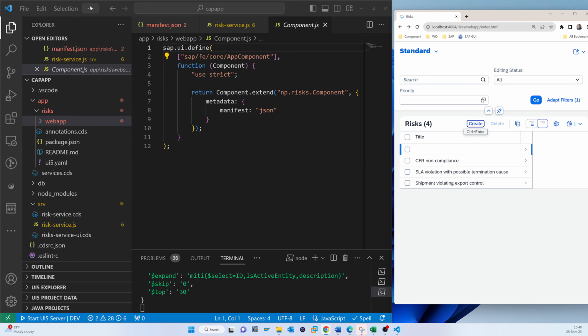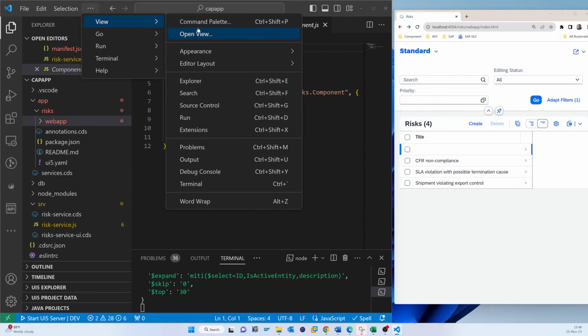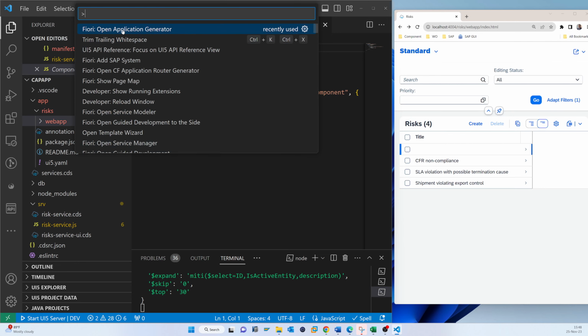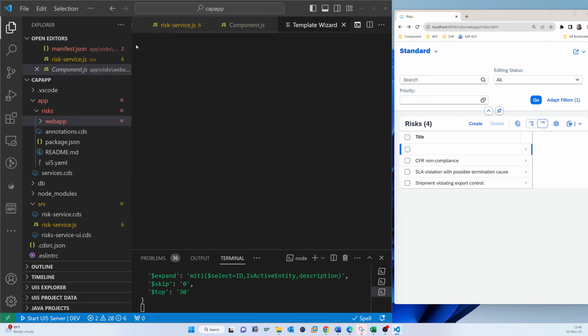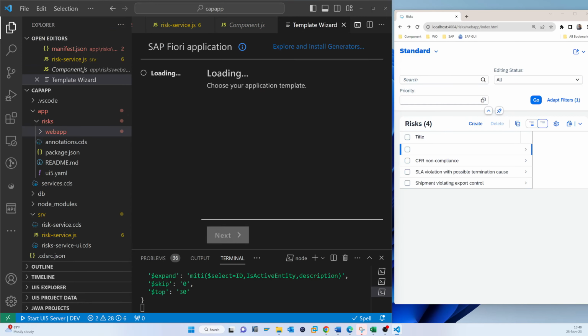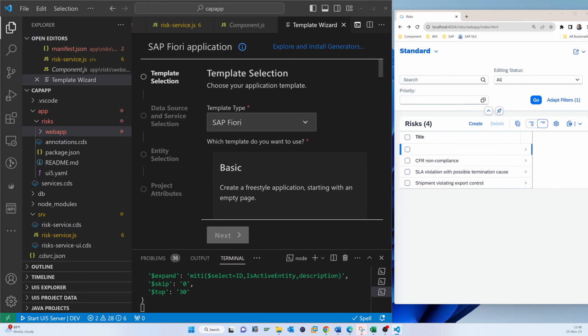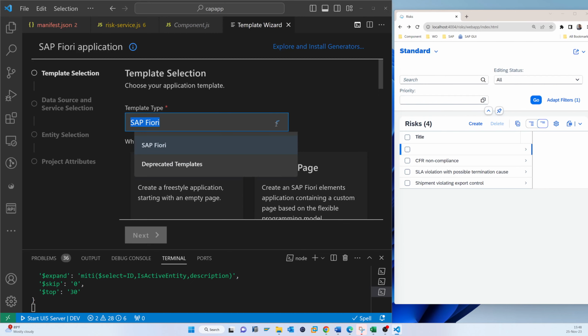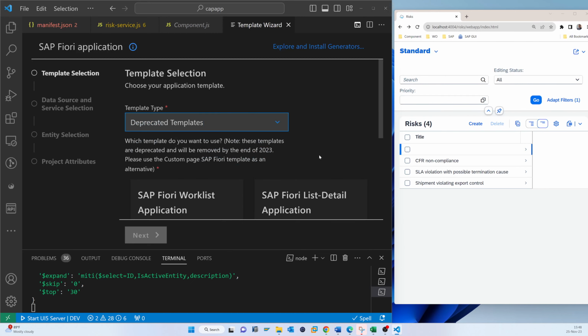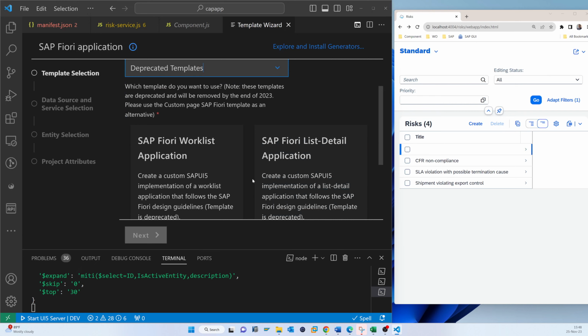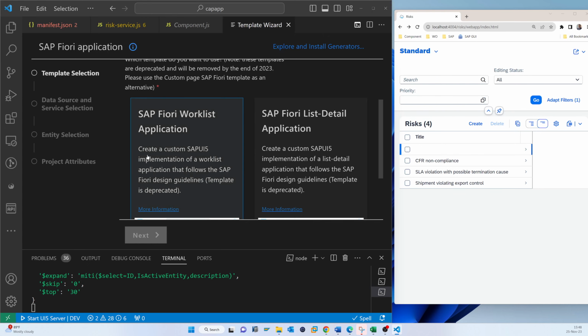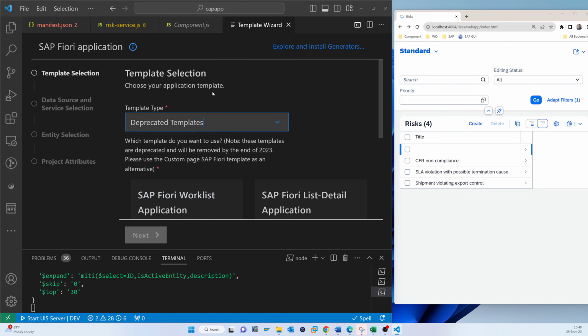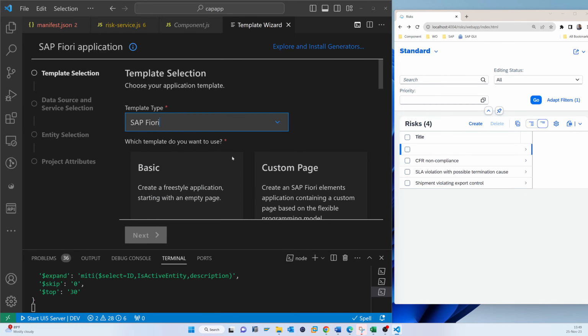So now the same way, the view, the common. Here open the application generator. Here the template type we need to change. So now the SAP Fiori worklist application, and you can see that create a custom SAP UI5. Basically what we created last time, the Fiori